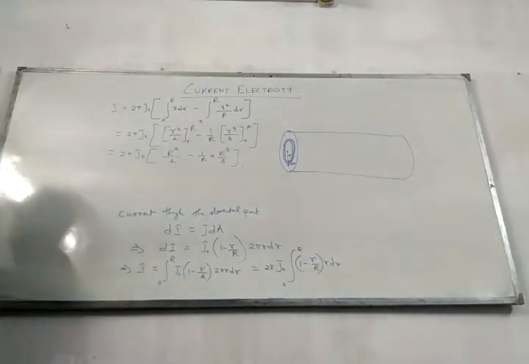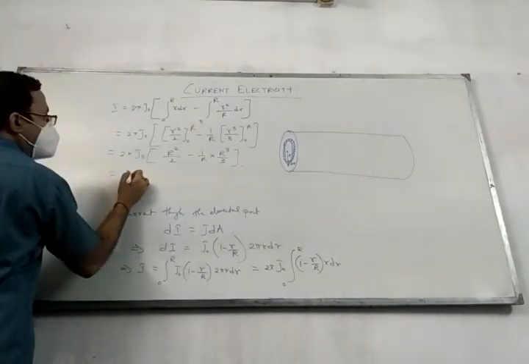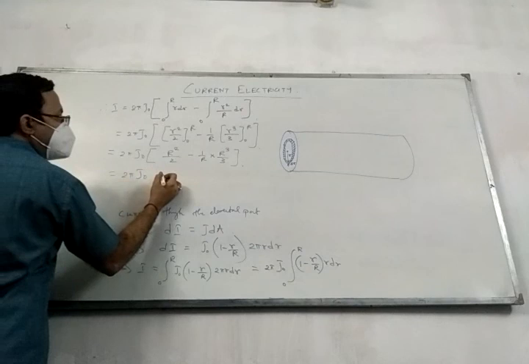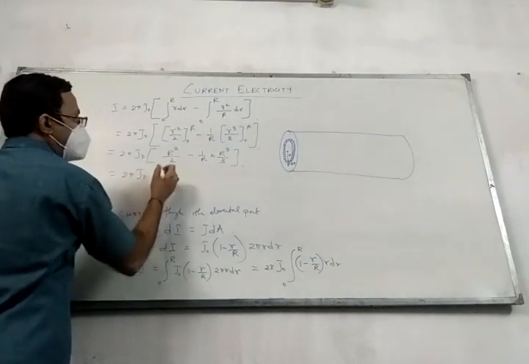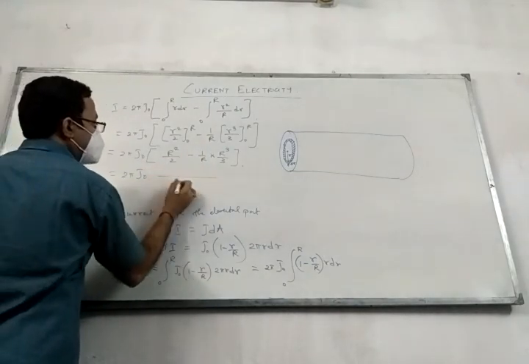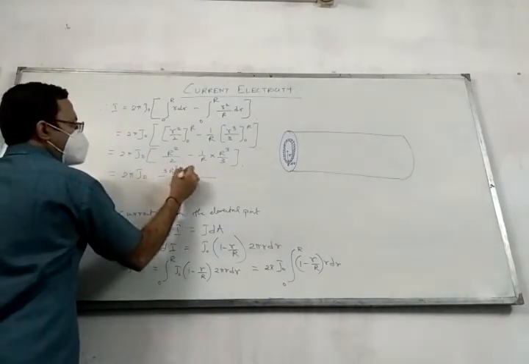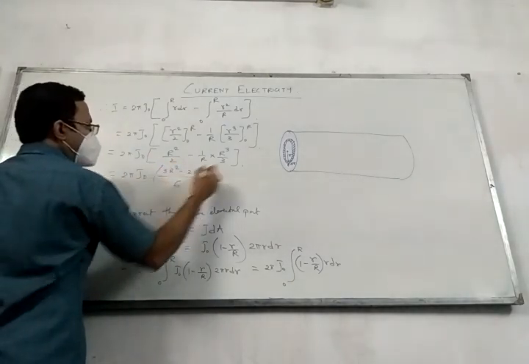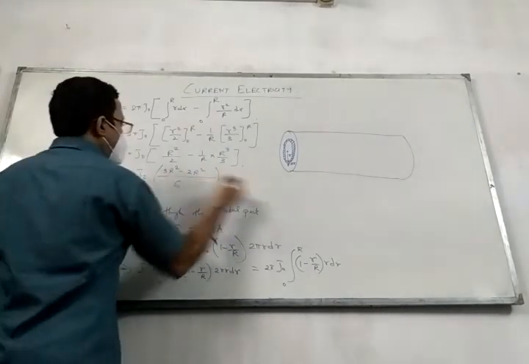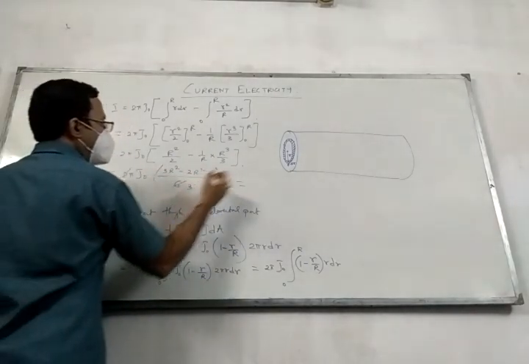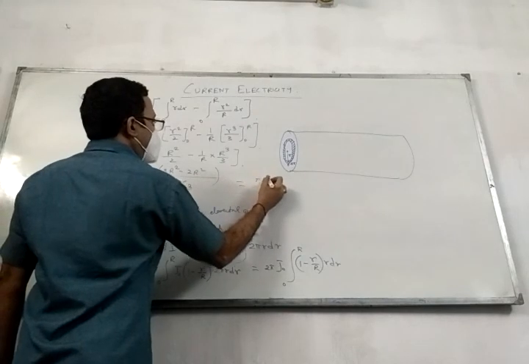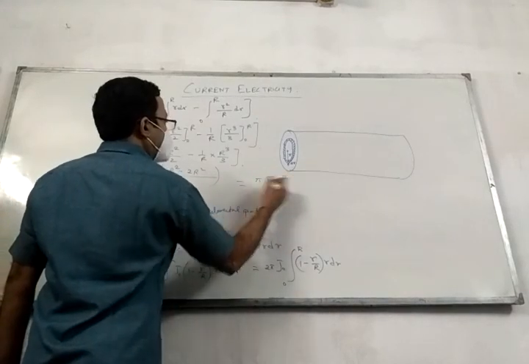So this will be 2 pi J naught, R square by 2 minus R square by 3, the LCM will be 6, and here 3R square minus 2R square. So you can obviously cancel out this 2, and this will be pi J naught R square by